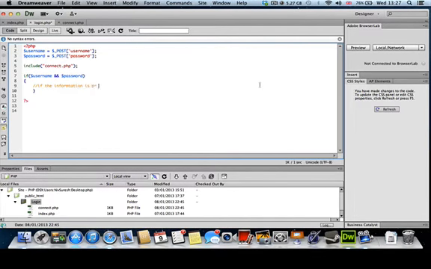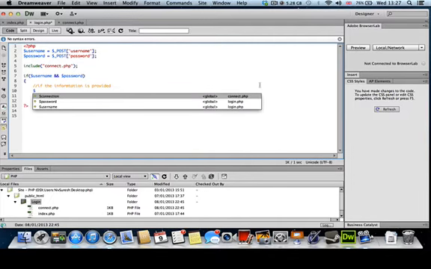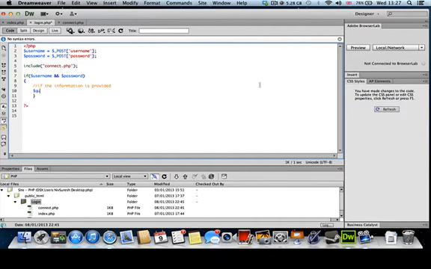So I'm just going to write a note here saying if the information is provided, do the following. So $query get. So get the data from mysql_query